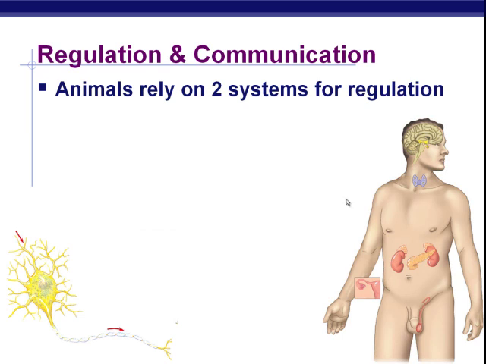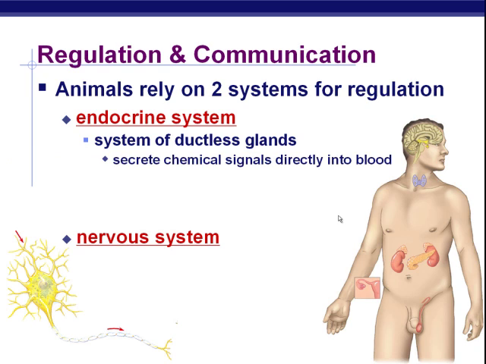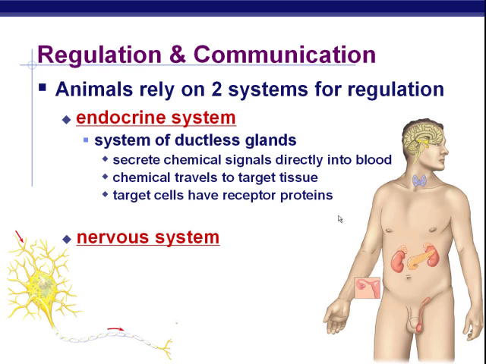So this is cell to cell through electrical signals. This is from one body part by secreting chemicals into the bloodstream to another body part. So endocrine system versus nervous system, a system of glands, ductless glands, meaning they aren't connected to other body organs with little tubes, and they don't stream their contents directly into some other body organ, but rather into the blood, and then the blood will carry these hormones where they need to go, and they get to some target tissue, and that target tissue has certain specific receptors that are going to receive these chemicals called hormones.